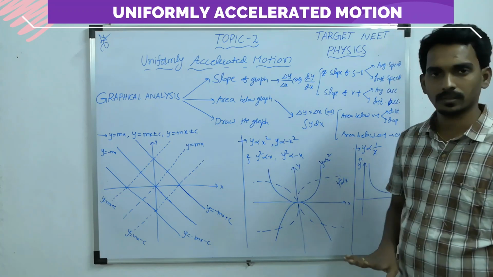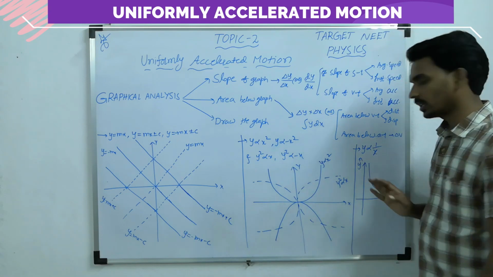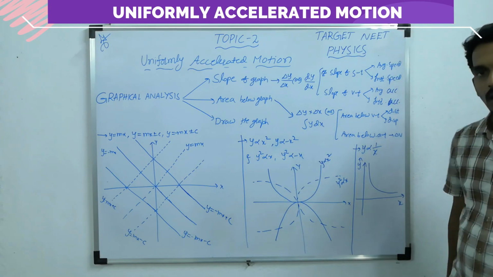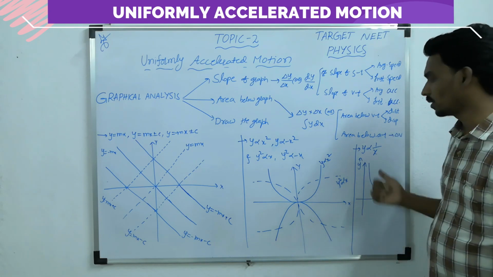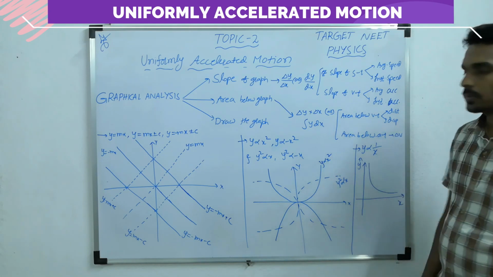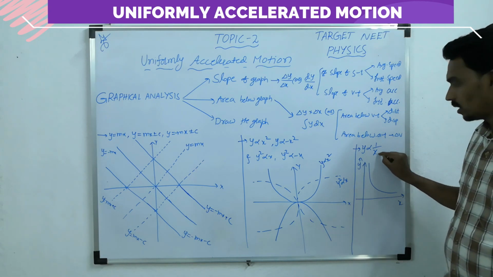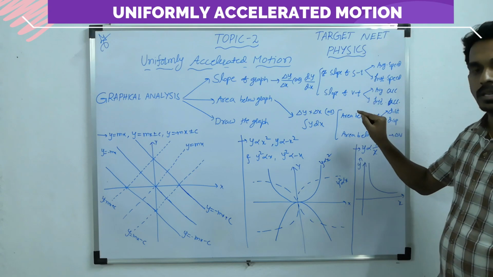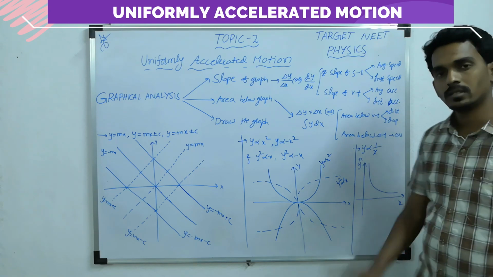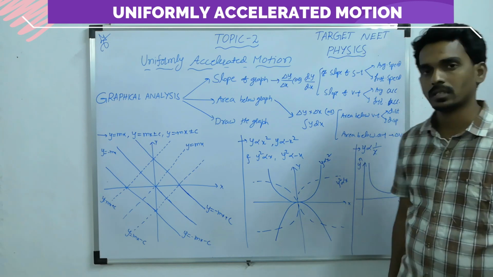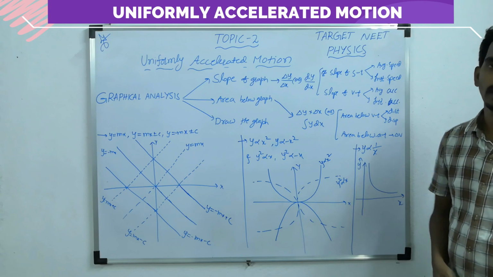So like this. So there are a total of 4 types of parabola. Similarly, the last one, hyperbola. If y quantity is inversely proportional to x quantity, then the corresponding graph is a hyperbola. Like when x is tending to 0, y goes to infinity. When x tends to infinity, y tends to 0. Such kind of variation is called hyperbolic variation. So these are the graphs required.